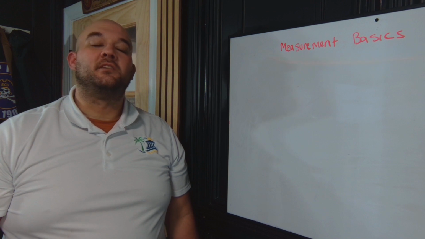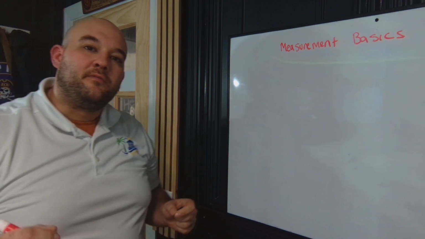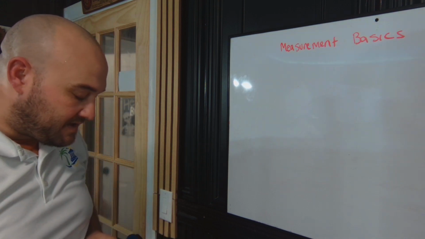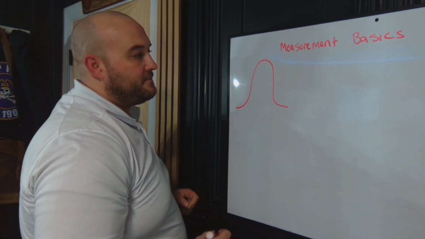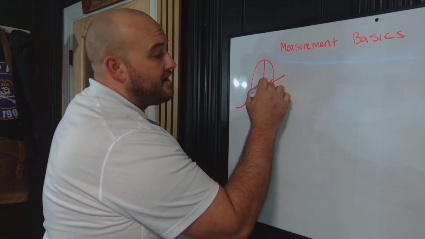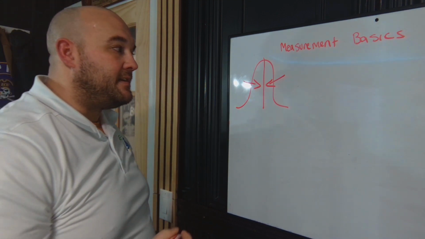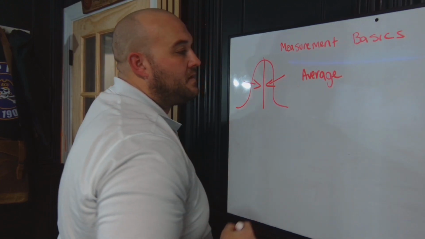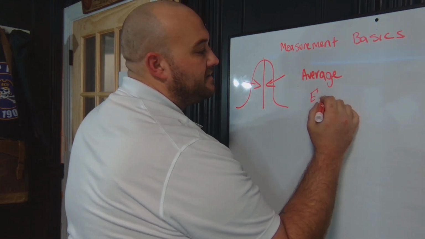In this lesson we're going to talk about the basic measurements in Six Sigma, right? Six Sigma revolves around the notion of central tendency and standard deviation. When you think of central tendency, we saw in our normal distribution that the data tends to cluster around the mean. So when we talk about central tendency, this is where we use average. An example for average would be